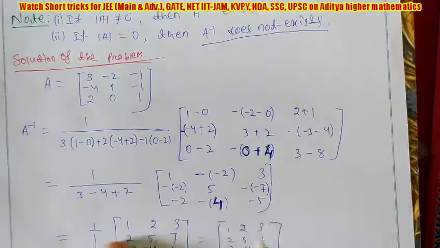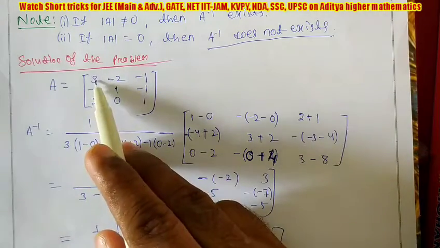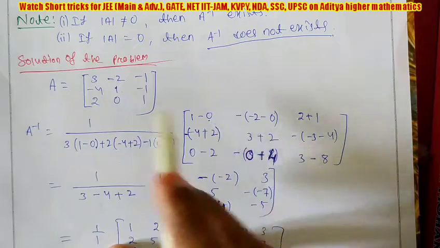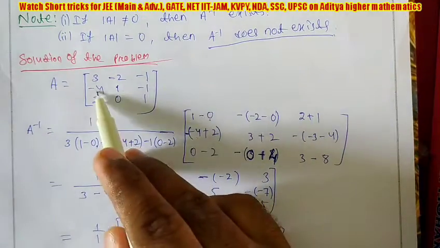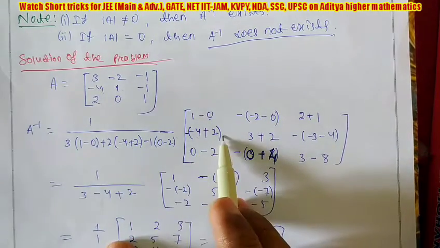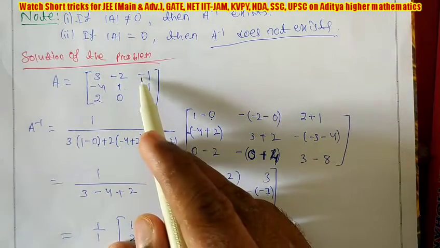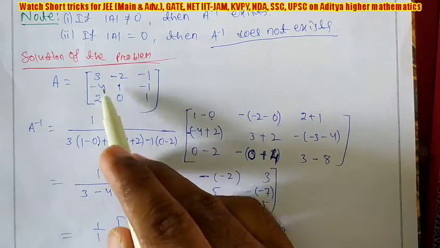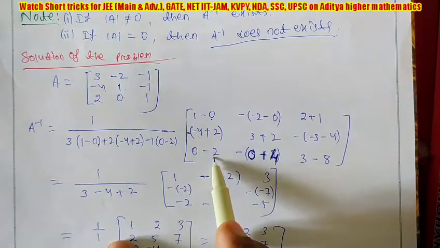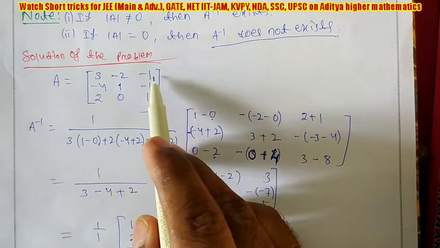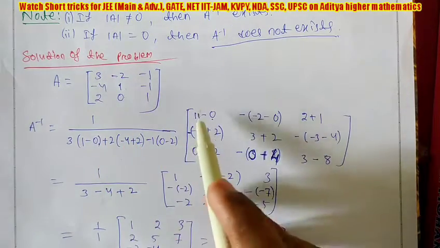Okay. And inside the value, when we are finding for 3, write 1 minus 0. For this element, write column wise. Minus 4 plus 2. Okay. Next, when we are finding for minus 1, delete its row and column. 0 minus 2. So when we have computed the first row, we are writing it in the first column.